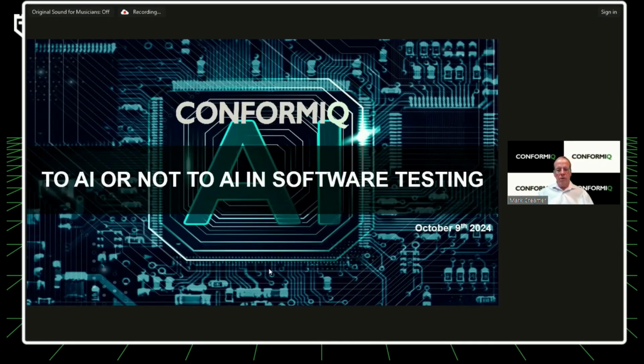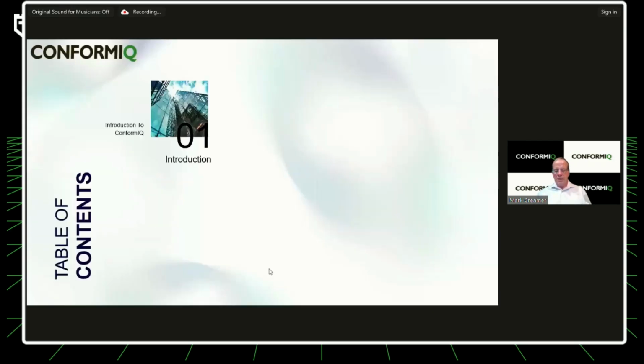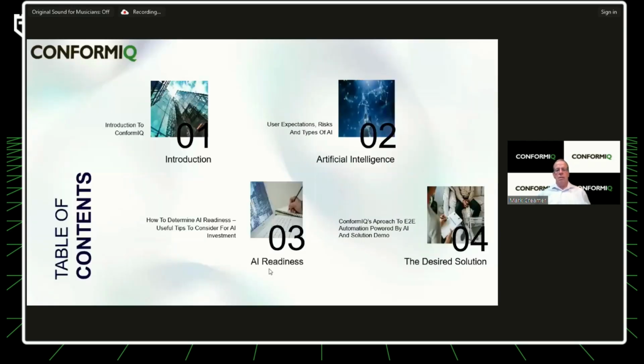Okay, well, welcome all, and just to give you an overview of what we'll be talking about today: I'll give you a little background on me and the company, and then what we look at in how AI can be used in testing. And as I mentioned to Joe, I think we do it a little bit differently. And interestingly, we've been doing it a very long time, which we'll talk about. And then